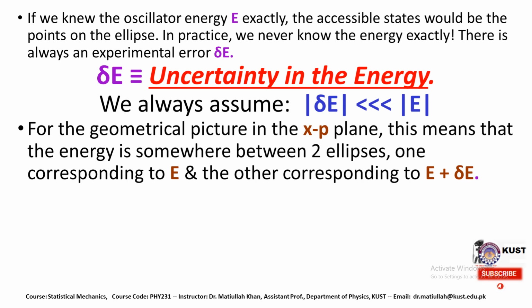Just like if we see this is del E, which is very small compared to E. So there should be some uncertainty in the energy of the particles. So for this geometrical picture in the position-momentum space, the energy is somewhere between two ellipses, one corresponding to E and the other corresponding to E plus del E. So this is what we want to know: there is some limitation for us to calculate or to measure the energy and position of the particles simultaneously, and this limitation comes from the uncertainty